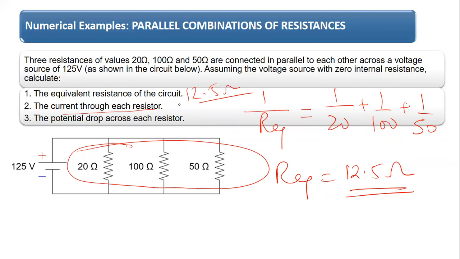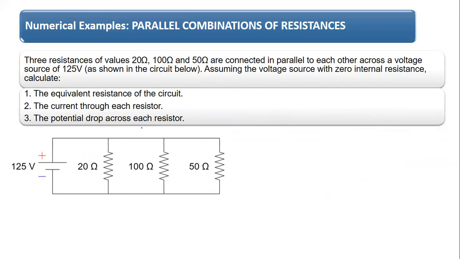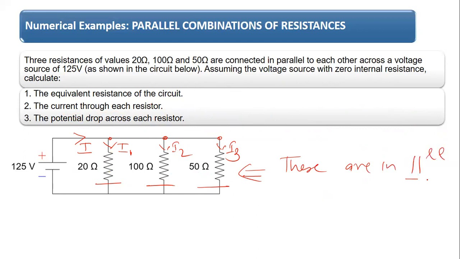Now the current through each resistor. How do we find out the current through each resistor? Simple. Either we can use the current division rule, or we can use a simple fundamental. For example, if I is the current here, this current will be divided into all these three branches depending upon the resistance. Let us say this is I1, this is I2, and this is I3. So now, because these resistances are in parallel, hence